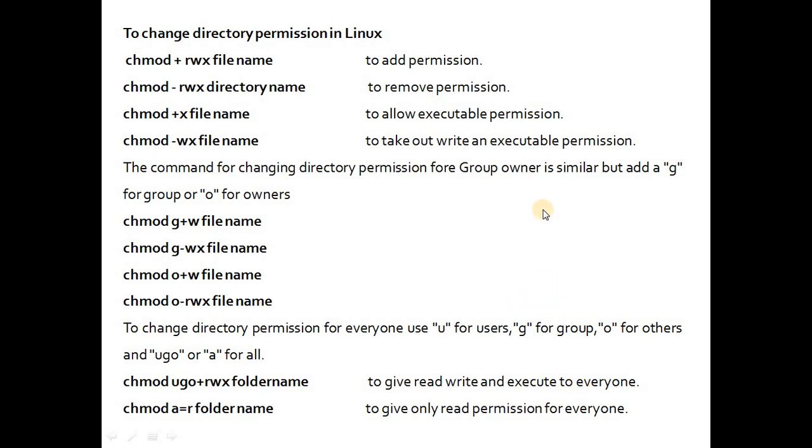Okay, in the next example you can see here chmod, A stands for all, will be given read permission and the folder name. So this is the syntax used to give read only permission for everyone. Now in this particular example we can see that the user has been given execute permission for this xstart file. Xstart is nothing but the name of the file. So the file needs to be executable only by the user.